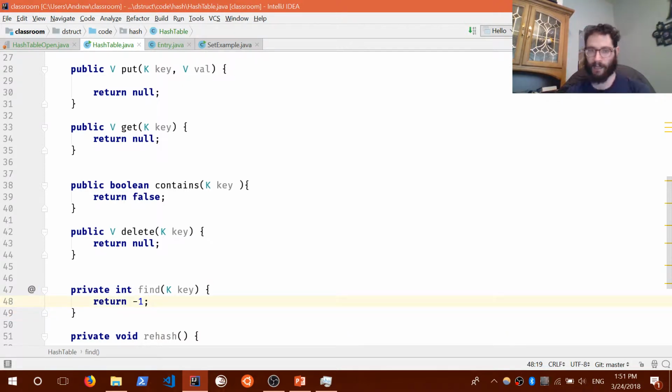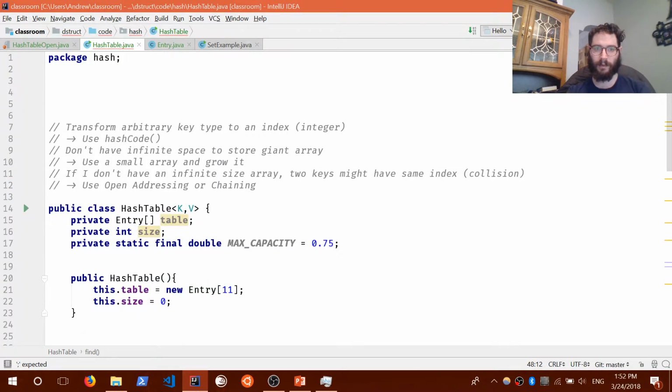And the answer is, well, I mentioned this in class. What we want to do is, well, it's a key, so first we have to turn it into an integer. Remember that's problem 1. So problem 1, use hash code to turn that into an integer. Use a small array and grow it. And then we can mod by size to turn